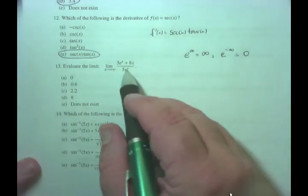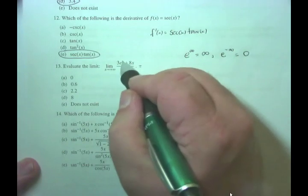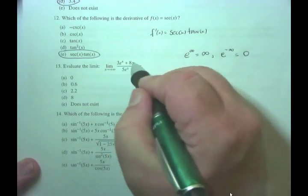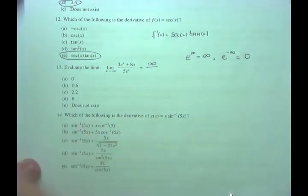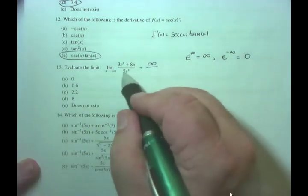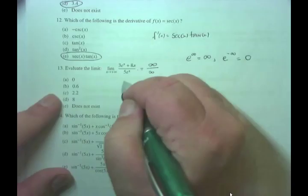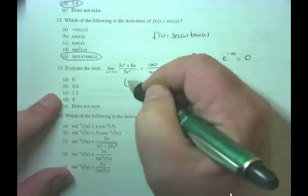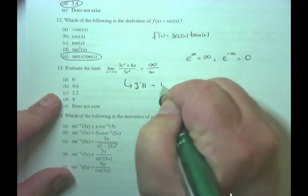So, here we go. If I plug in infinity, I'm going to get e to the infinity, which is infinity, times 3, which is infinity. 8 times infinity is infinity. Infinity plus infinity is a big old infinity. Divided by e to the infinity is infinity times 5 is infinity. It's an infinity over infinity problem. What am I going to use? This one is designed for it. Remember, 0 over 0 or infinity over infinity is L'Hopital,